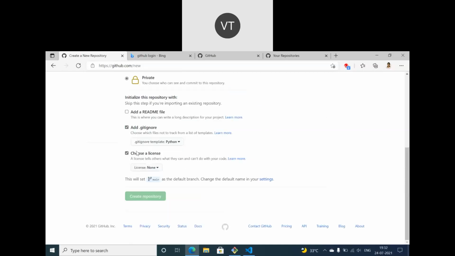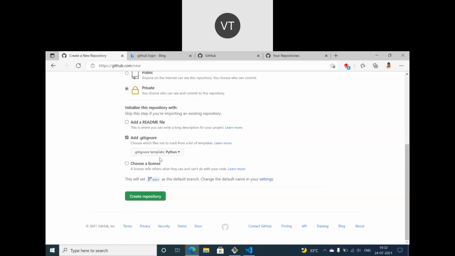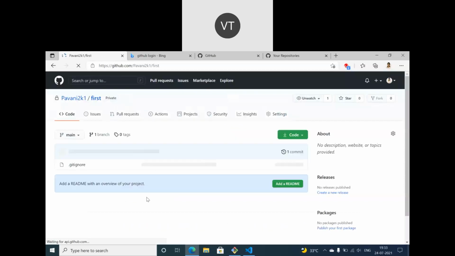So can you uncheck that? We are actually having a private repository, so it's not necessary. Only if your code is going public, it would be needed. Now, can you click create repository? Yeah. So this is a repository, and since we chose the second option, which is to add a gitignore file,